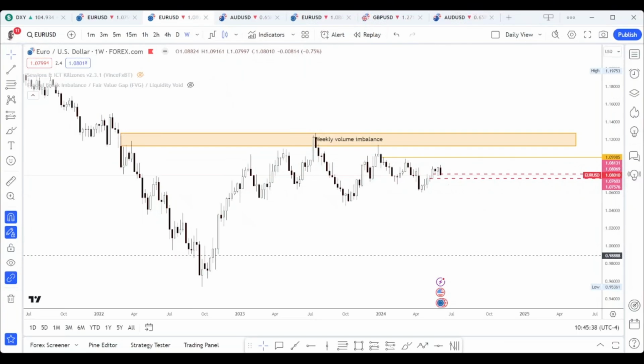This is something that I've picked up from ICT himself, where he talks about markets, especially the forex markets, exhibiting unusual characteristics, aka price actions or price moves, on these days of the month. And in my last 2 or 3 years of engagement with the forex pairs, I have found this to be quite true. Anyways, let's dive into today's weekly analysis.